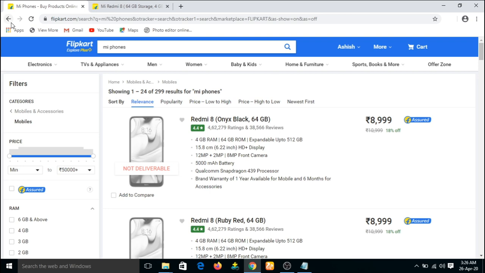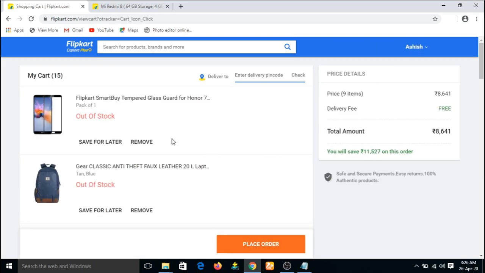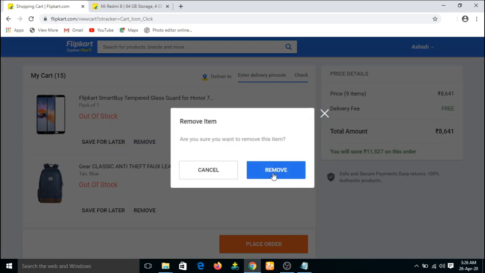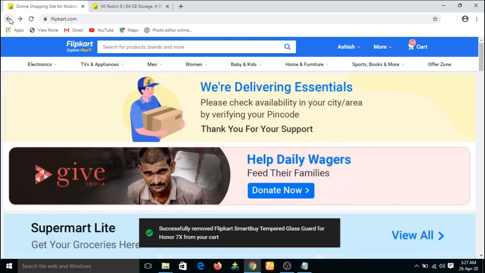Here is the home. We have come to the home. Now click on cart. Again, remove one product. Then again, go back to the home. We have come to the home page.